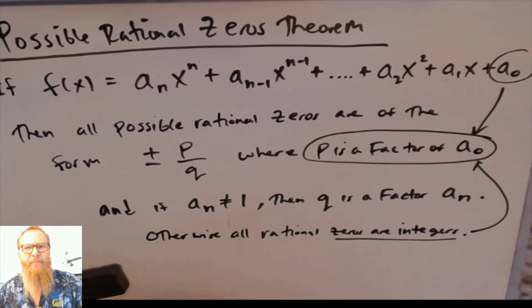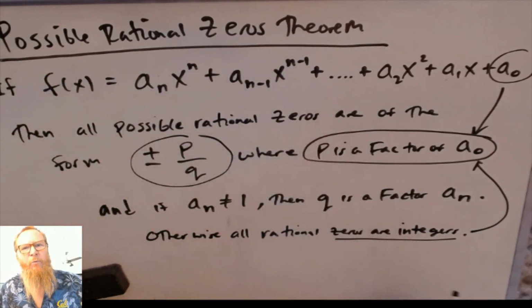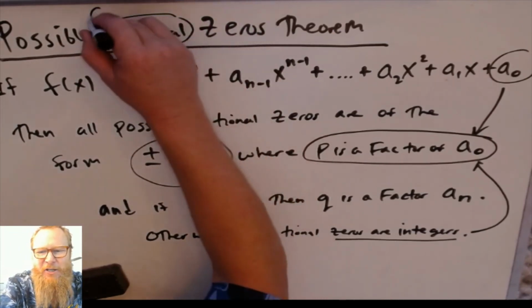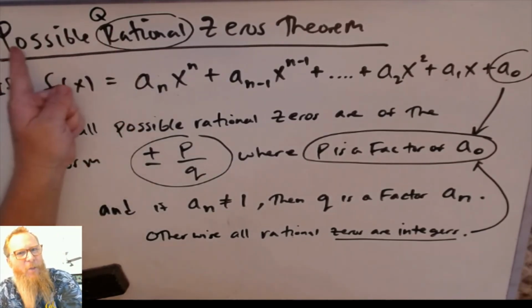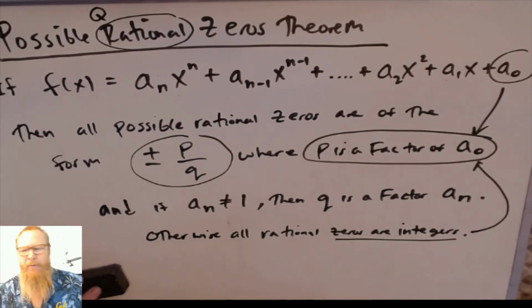So this is sometimes called the PQ theorem, or the possible rational zeros. The symbol for rational is Q. It comes from the word quotient. So sometimes this is called the PQ theorem. Yeah, possible rational. Instead of PR, it's PQ. Okay,